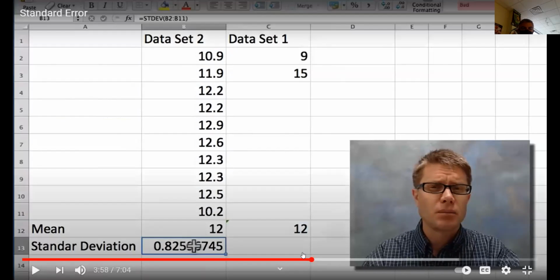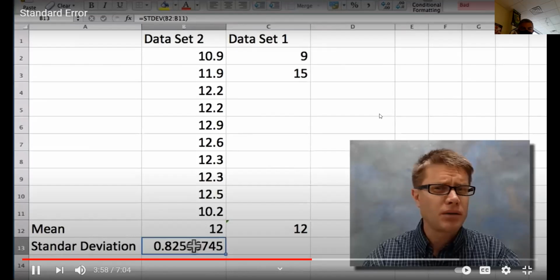All right, do you guys think the standard deviation is going to be higher or lower for data set 1? Higher or lower? Drop it in the chat. Should it be higher or lower? Thank you, Turner. God, you're on fire, Turner. Thank you, Monis. Thank you, Santos. Oh, yeah.